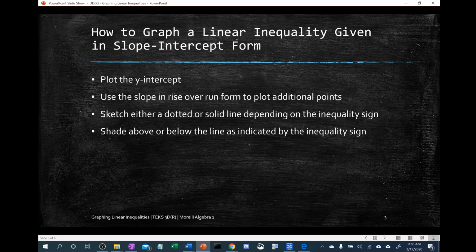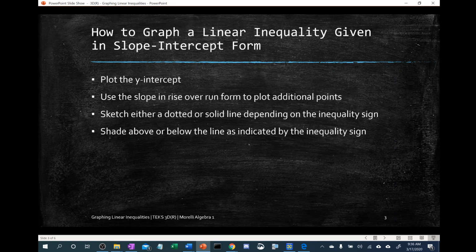Let's go over the steps to graphing a linear inequality when it's in slope-intercept form. That's y equals mx plus b. The first step here is to plot the y-intercept on a coordinate plane. Once you do that, you're going to use the slope, whatever it is, and think of it not as just a number, but as directions to go rise some number and run some number, either up some number over or